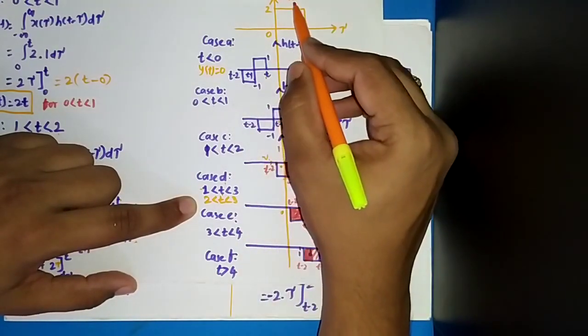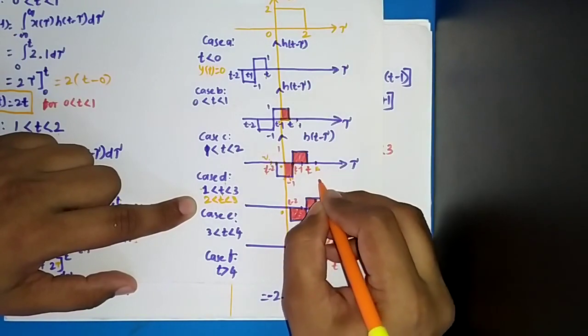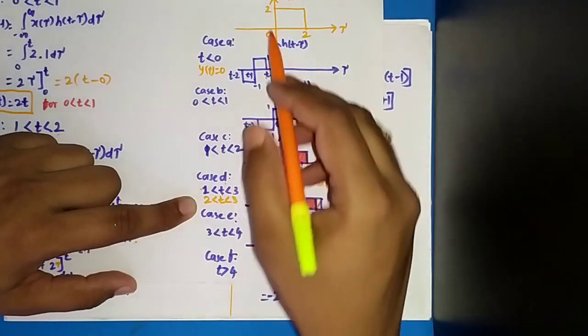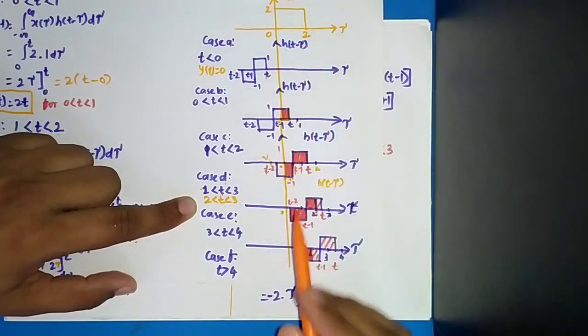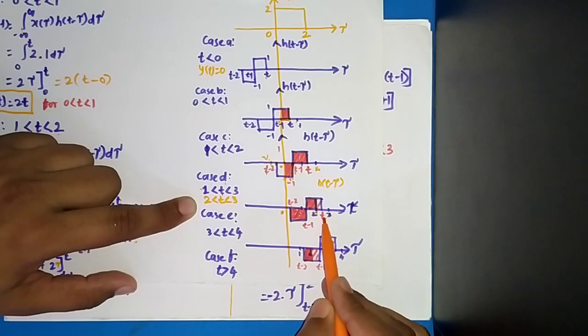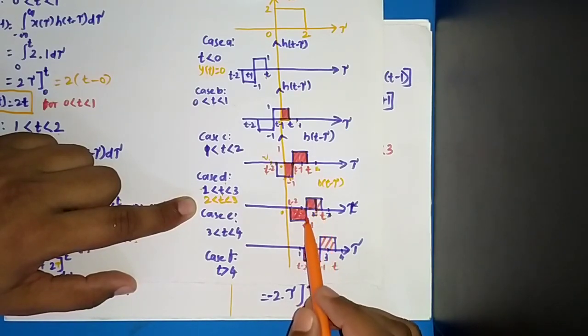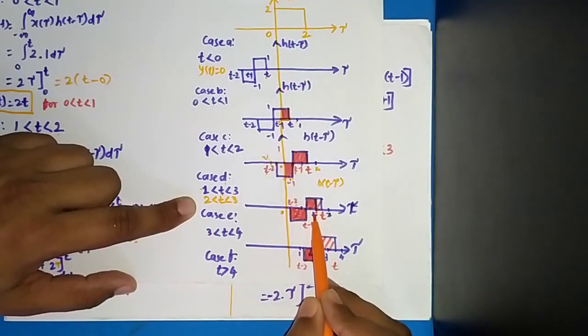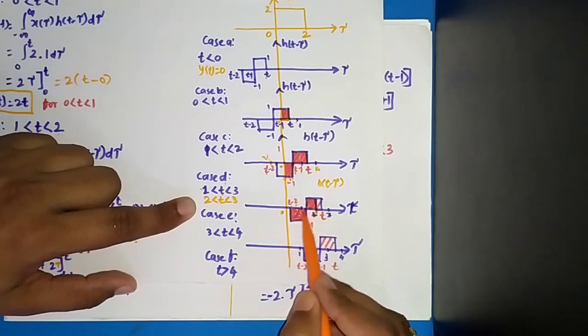So overlapping regions, x of tau and h of t minus tau, this is the h of t minus tau term, okay. So overlapping region, if you want to see, here it starts at 0 and ends at 2, here it is starting at t minus 2 and ends at t, but the t term is beyond the 2, that's why there will not be overlapping regions here between 2 and t, okay. So what will be our overlapping regions here? From t minus 2 to 2. Are you understanding? Please pay attention here. T minus 2 to 2. Only this is the overlapping region.